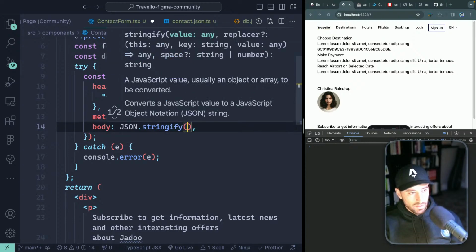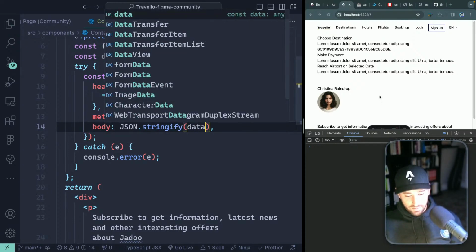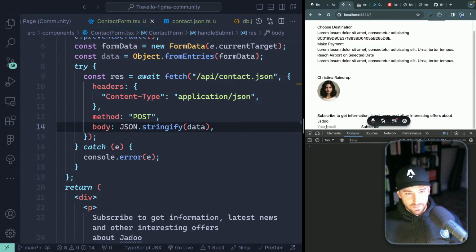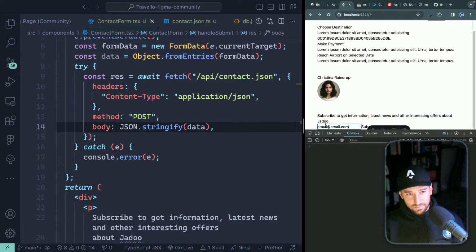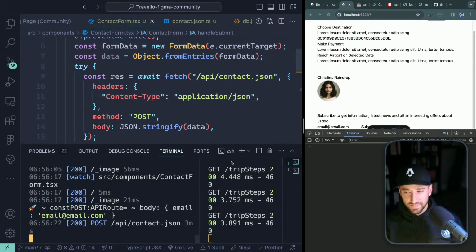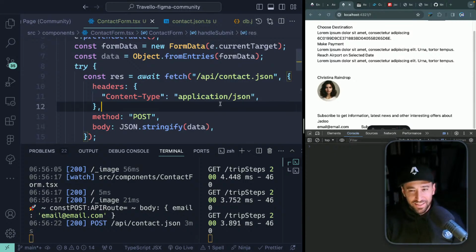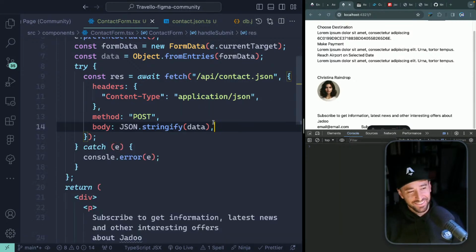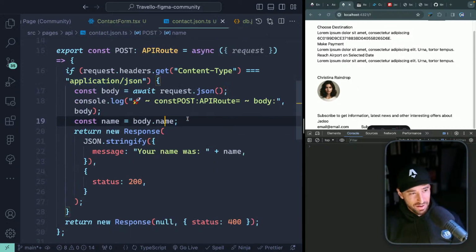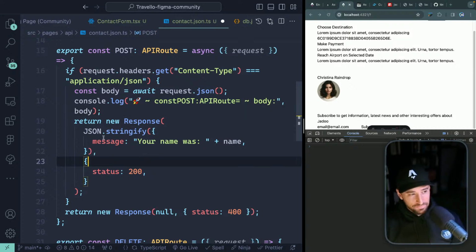The joys of development. Data. Right, this. Let's come in here. I think we did all that right. Here we go. We did a basic API route. Okay, we can pack up for the day. So now what we're going to do is in our contact over here, now that we're getting this properly,